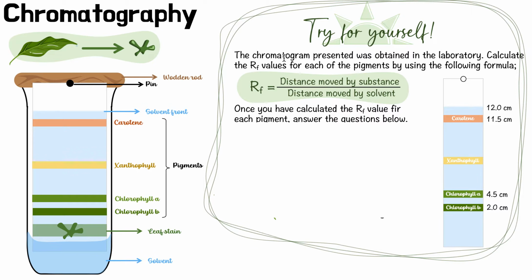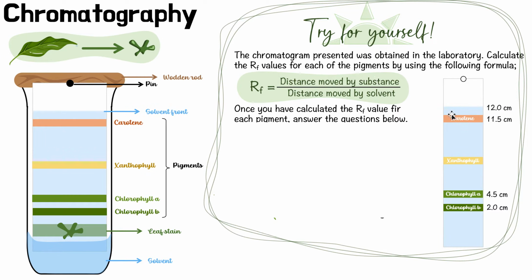So, this chromatogram, which is just this right here, was obtained in the laboratory. Calculate the RF value, which stands for retardation factor, believe it or not. Retardation doesn't only mean you're mentally impaired, it also means slow. Retard means slow. So it's a slow factor. How quickly or how fast they move up, that's called the retardation factor. So we can calculate the retardation factor of a photosynthetic pigment just by a simple equation.